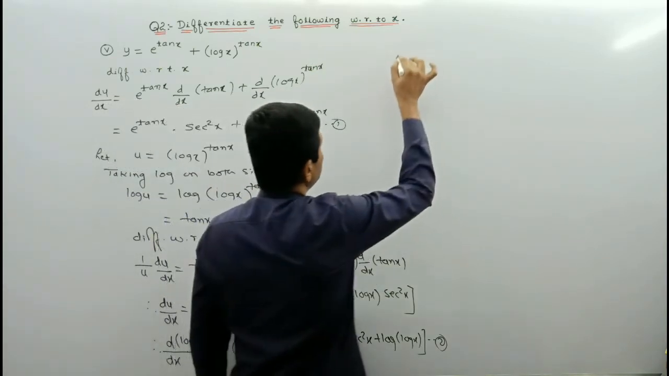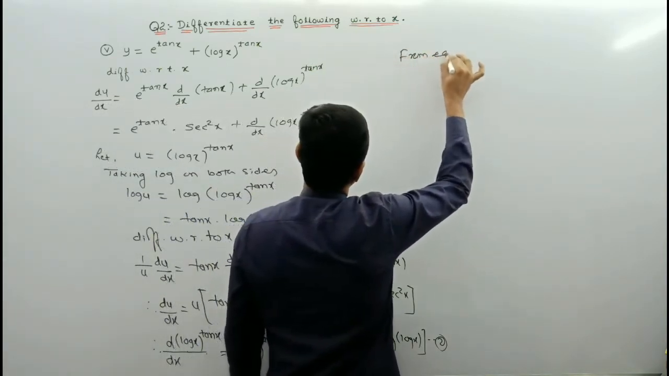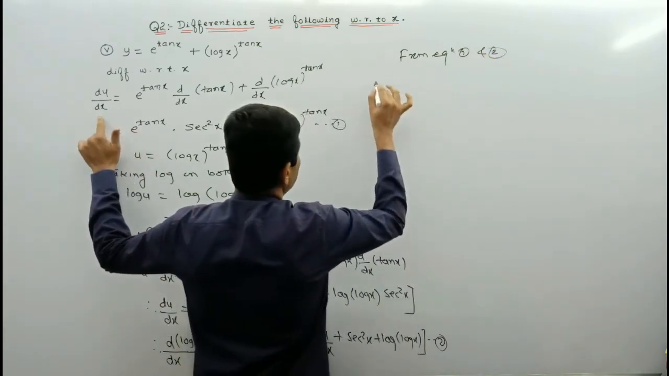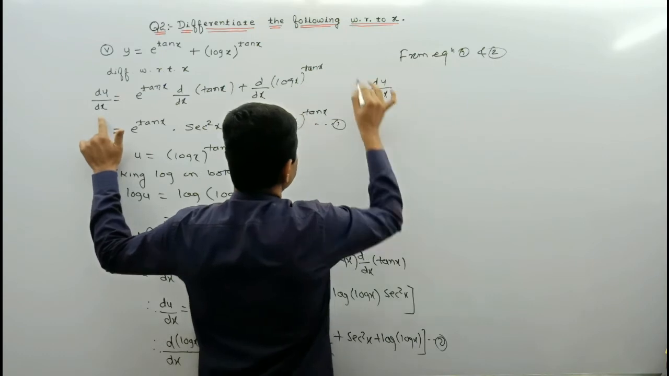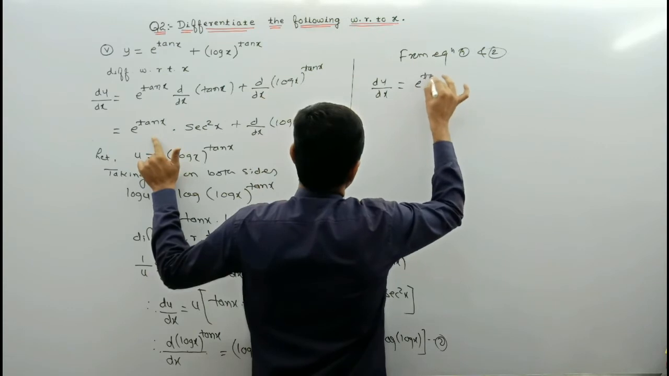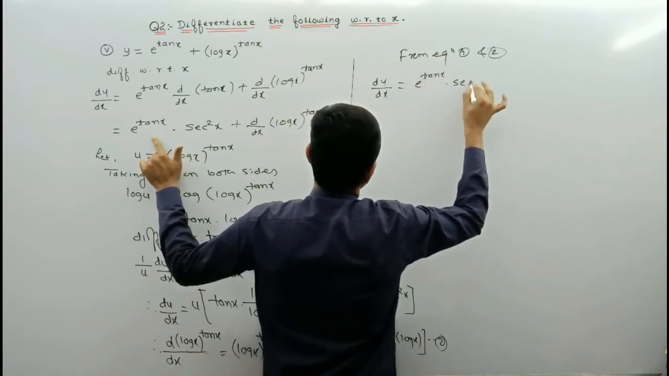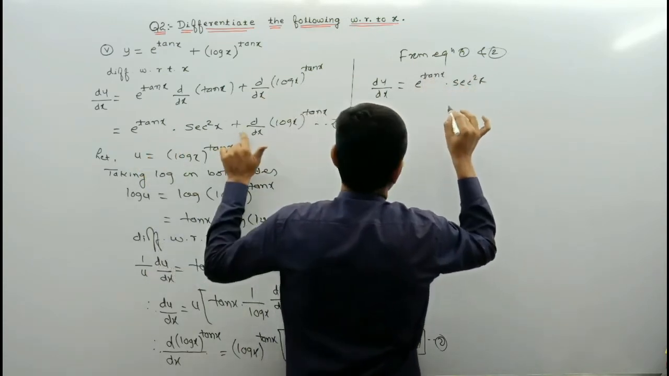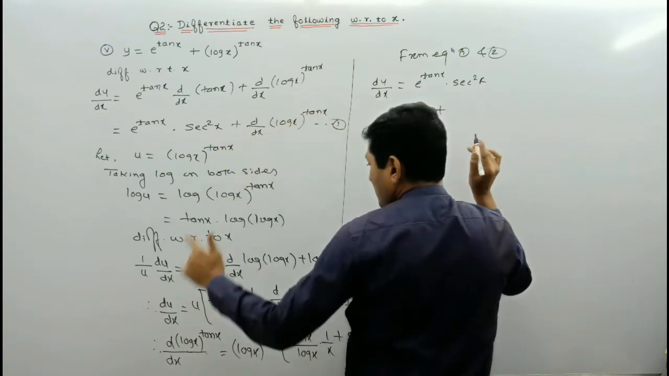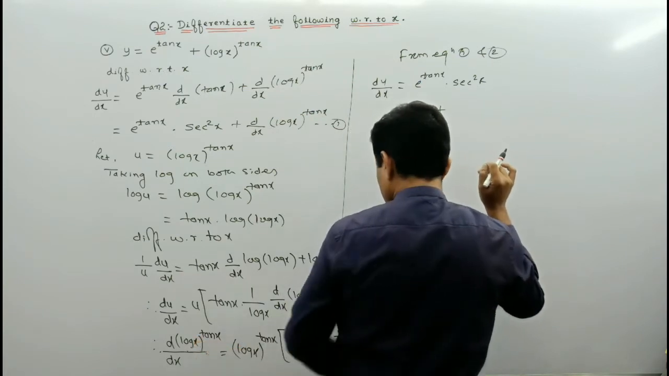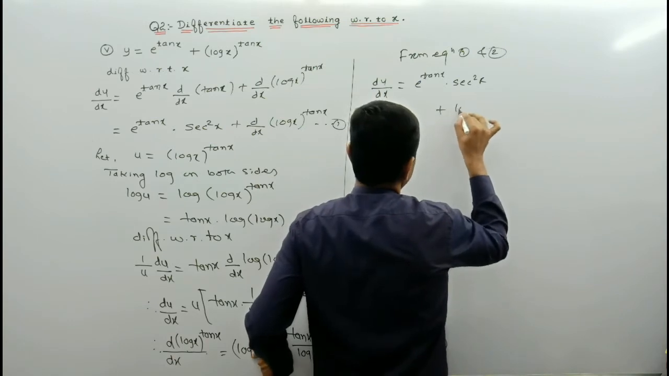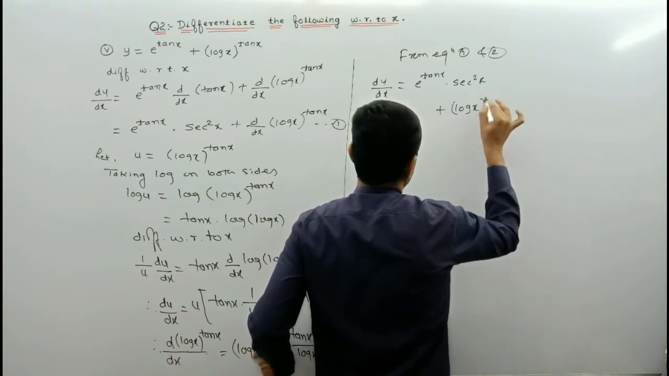So see what result we are getting from equation first and second. Observe the equation number first. What is the left hand side? Dy by dx is equals to, what is the first term here? E raised to power tan x into sec square x, isn't it? Plus, now we are substituting the value of derivative of log x raised to power tan x from which equation? From equation number second. Observe, what is the value of this differentiation? Log x raised to power tan x, keep it as it is,